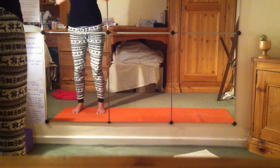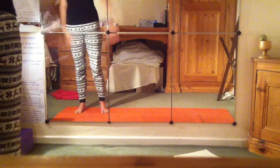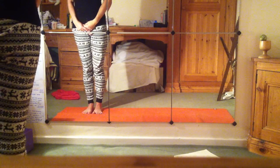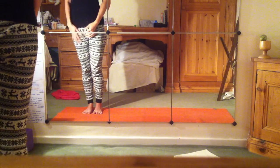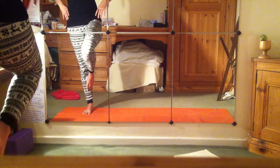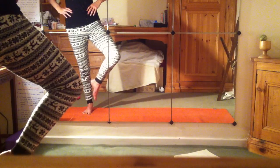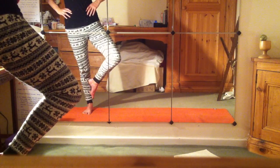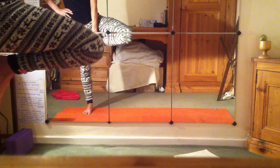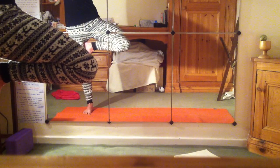Inhale up, push through the ground. Woo! You can feel all that blood running down, new blood. Great. Okay, final peak pose is tree. So spread your toes nice and wide on the ground. Put your weight onto your left leg and then gently float the right leg up the left leg. Be careful not to be on the knee, that's dangerous. So if you can't go high, go about here on your calf. Otherwise keep it floating up, putting it on the inside of your leg, drawing up nice and tall, looking down